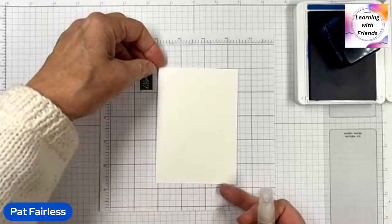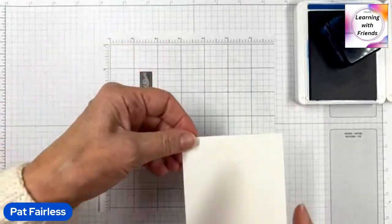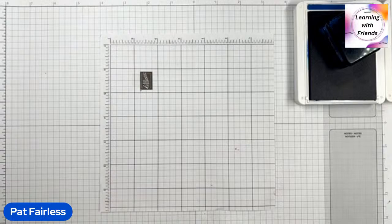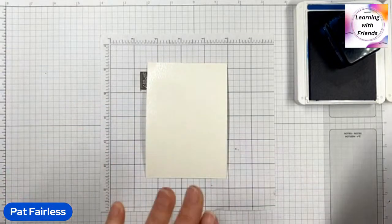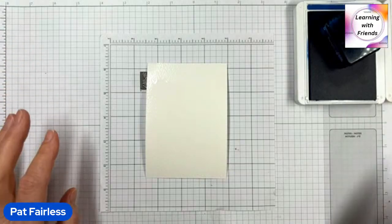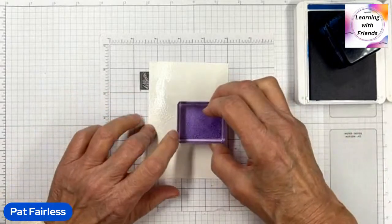You can either use your water painter and brush a coating of water on here, or you can use your Stampin' Spritzer and spritz it with water. And I'm going to pull it away from the camera just so I keep the water off the lens of the camera. And I spritzed it 3 or 4 times, just enough to get a little coating of water on there. And then let's again start with the Highland Heather,